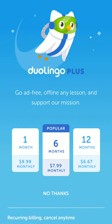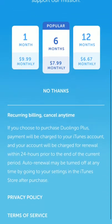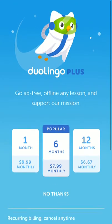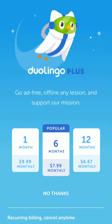do this, but it says, hey, go ad free, offline on any lesson, support our mission. So they're very, very mission driven, very much trying to really communicate that value to the user here. I can see down at the end here, this line says recurring billing, cancel anytime, which leads me to believe that there was something more there that I could scroll to. So if I click,